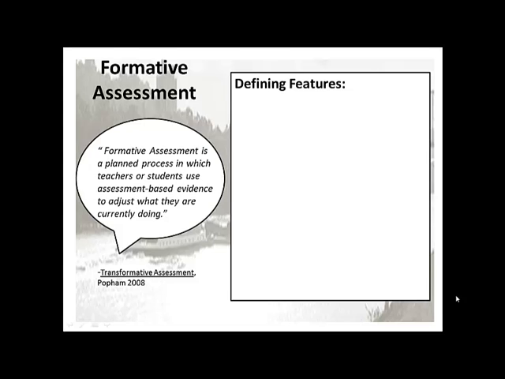Since formative assessment was number 1, we're going to take a minute to look at that. Formative assessment is defined as a planned process in which teachers or students use assessment-based evidence to adjust what they are currently doing. It's often said that formative assessment forms our instruction and summative assessment is a summary of our instruction. The defining features